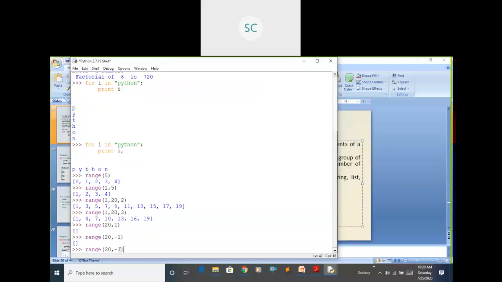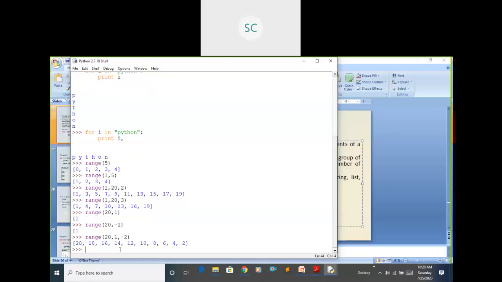Say 20 to 1, and I want to decrease the value by 2. Now you can see it started at 20, then 18. You are just adding minus 2 to 20, so it becomes 18, like that. It will print up to 2 in this range.